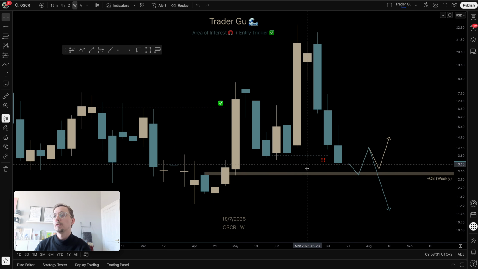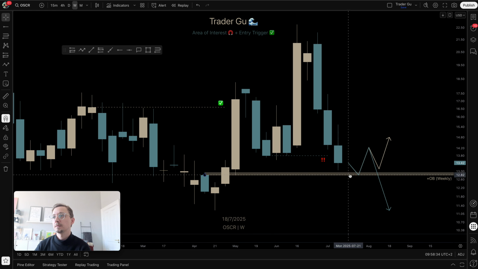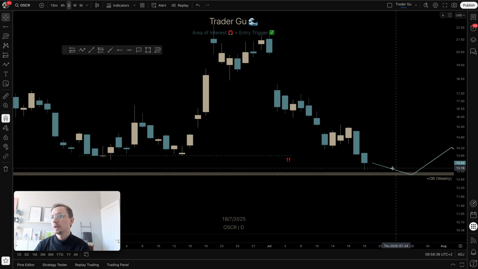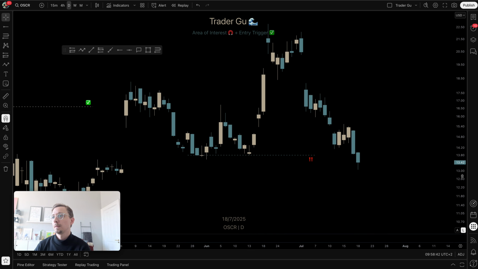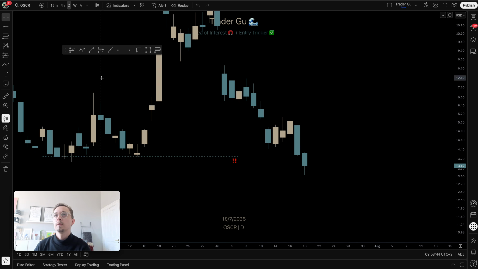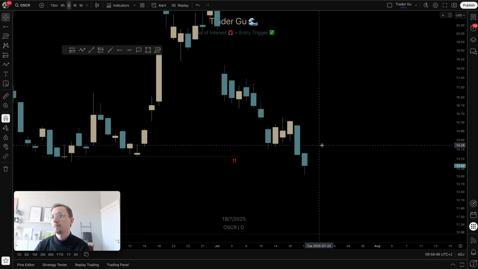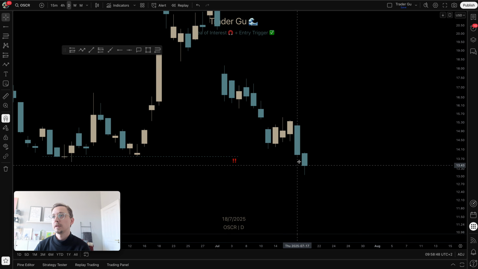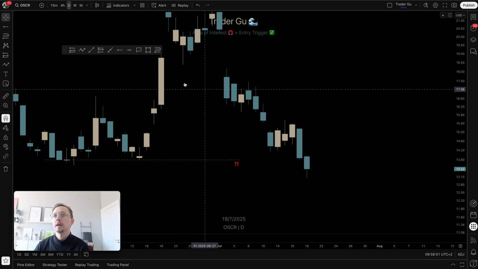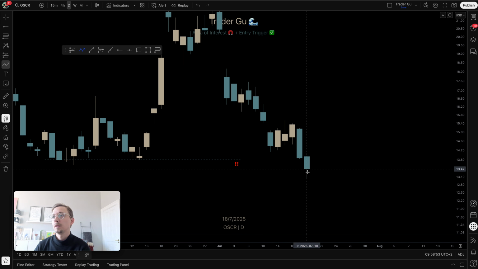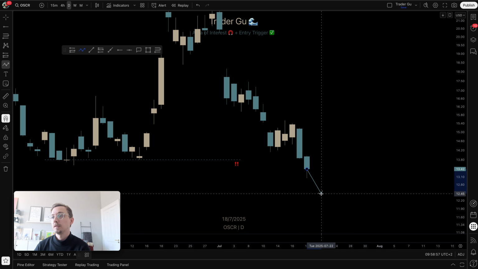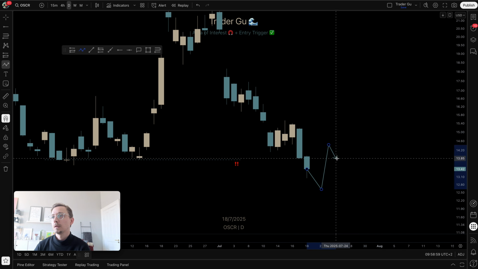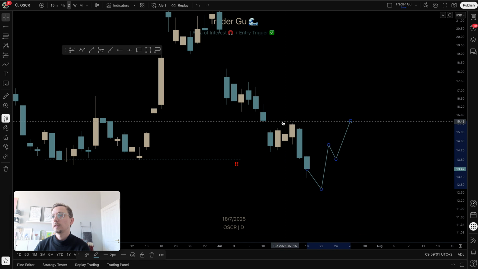So what I'm looking for on the weekly time frame is a reaction from this level. And then if we go into the daily time frame, we can see here that we also have a bearish market structure on the daily. So what I would like to see on the daily time frame is that we are possibly taking the previous weekly low and then start to move upwards,